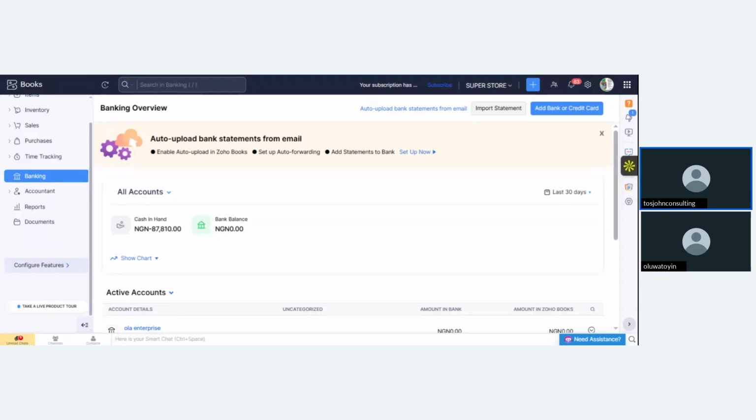You cannot open a bank account, even if you have registered with CAC, if you don't have a valid tax identification number. Your bank will not open accounts for you. Because the tax authority goes from CAC to the tax authority and then to the bank. All these people are regulatory bodies, and they are linking with each other.